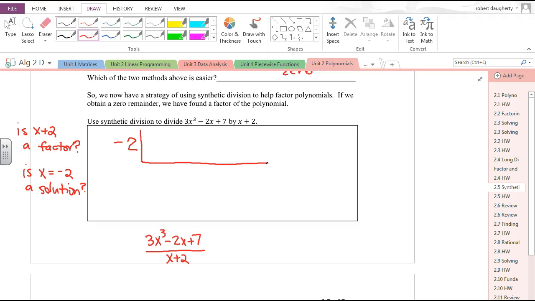Then I write down all the coefficients. 3, negative 2, and 1. What's the mistake that people make in the setup? Yeah, forgetting to put a 0. So this is my x cubed. So you look, I made the mistake. There's an x squared term there. So I got to back up. So there is an x squared, an x, and a constant, okay? So I had that set up wrong. So there's 3, there's a 0 for the x squared term, a negative 2 for the x, and a 7